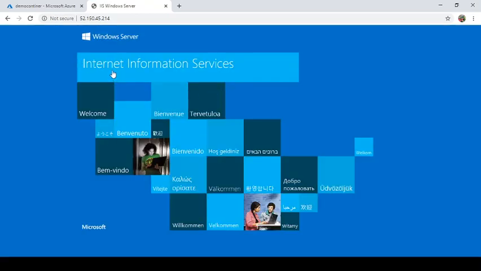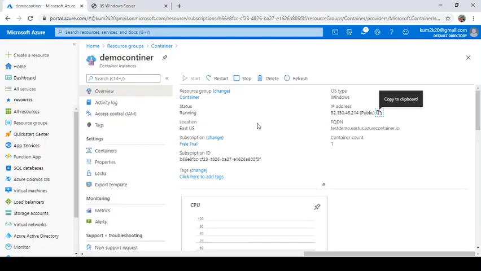You'll get the Internet Information Services home page, which is the Windows IIS service. So currently our IIS service is enabled, which means our web service is ready. You can put any content over there and publish again, and you will get your website. How easy, right? You can try it and let me know your feedback. If you want any more assistance, I'll help you with this kind of thing.